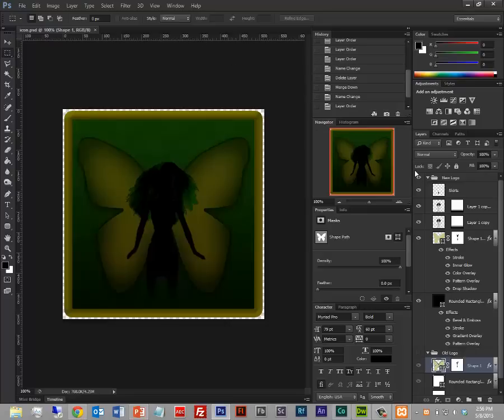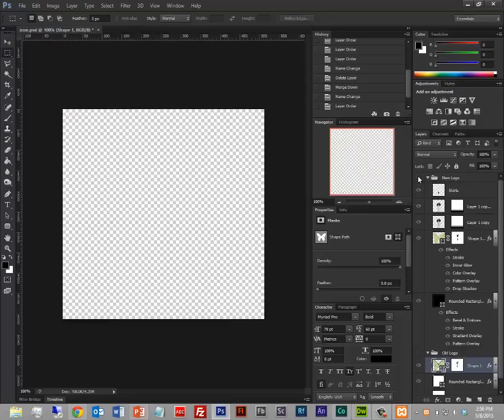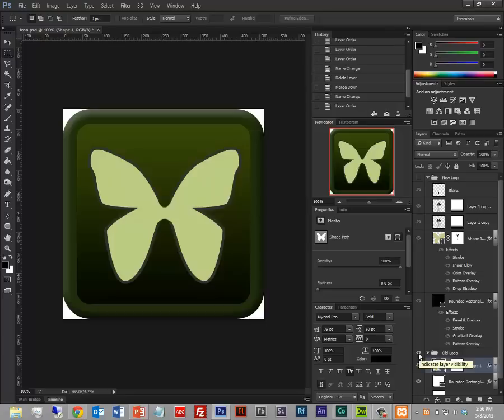This is actually version 2 of the application. Version 1 of the app, I just kind of threw together really quick. This was the initial logo for it. Not a lot of work. I just used the butterfly from Photoshop's preset shapes and things like that, and threw a little gradient on there, threw a little bevel. Not a lot of work, right?